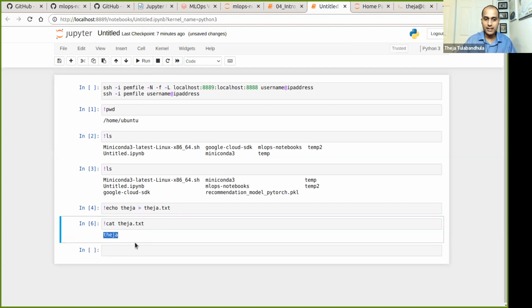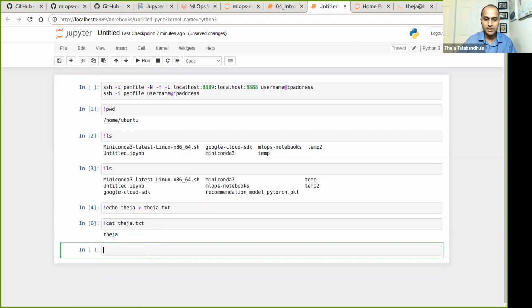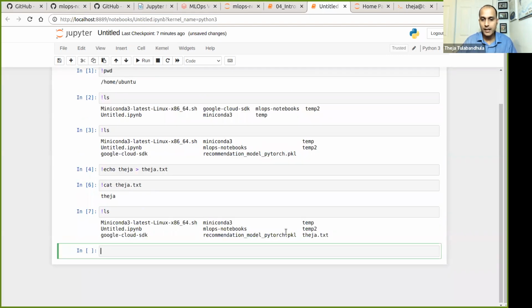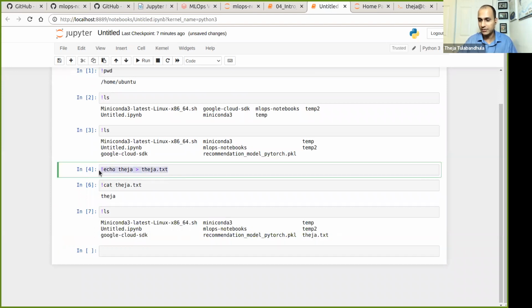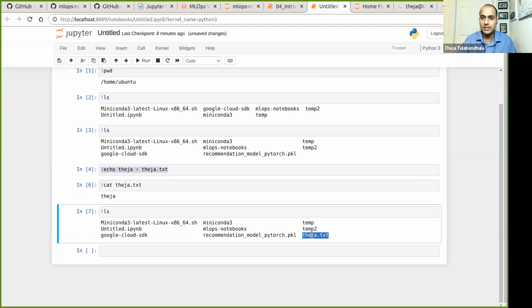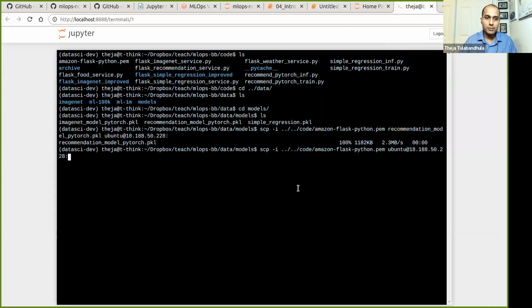Now it's on the server side, as I said, so we can see that by just again doing ls over there. And you can see there's an extra file that I created just now. This is a very dumb way to do it, but it's just for testing purposes. So there's some file on that side. It's a text file. Now, how do I copy it from there to here?